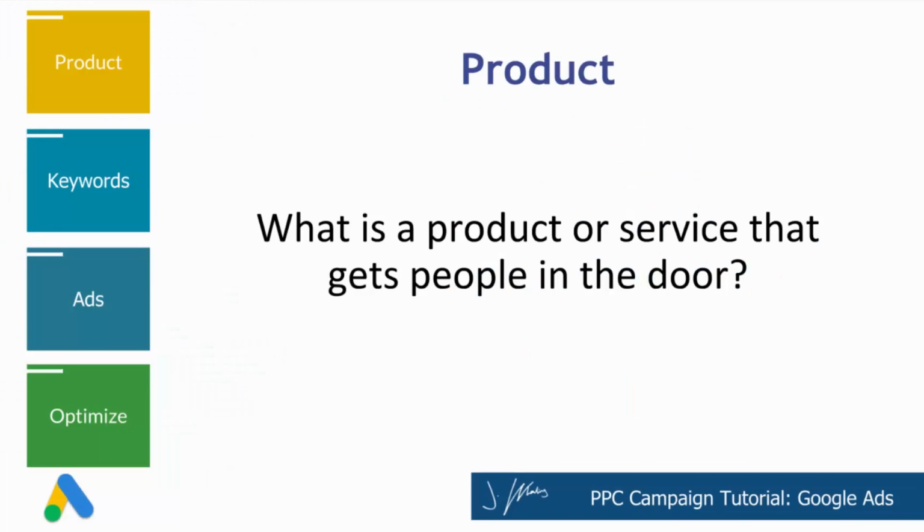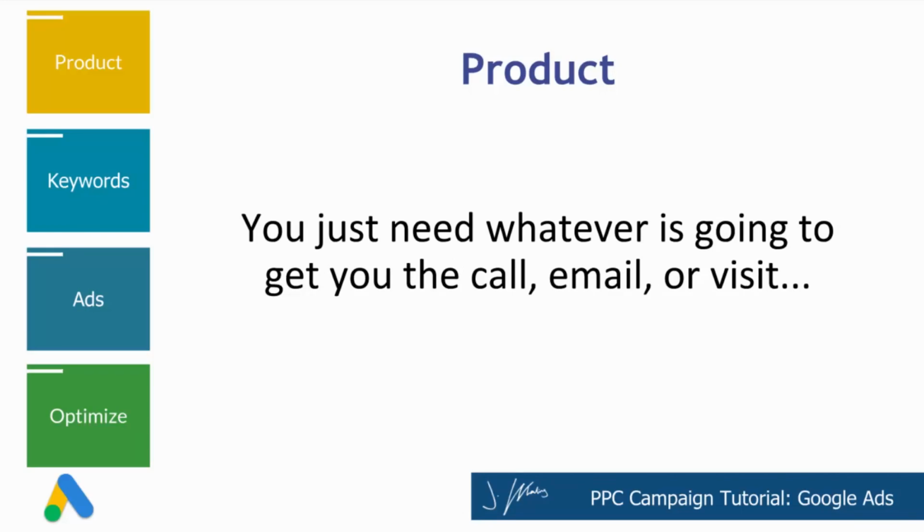And the first step of this process is identifying the product or service that gets your initial point of contact. So if you're a services-based business, what's that kind of initial service that you can offer that's going to get someone to give you their name and email, or give you a call, or give you their phone number, or book a free consultation? For physical products, you're looking at kind of either doing a coupon or a doorbuster just to get someone in the door. So essentially, whether your services or product, you're just trying to figure out what it is that you can offer to actually get the attention of your prospect or customer.